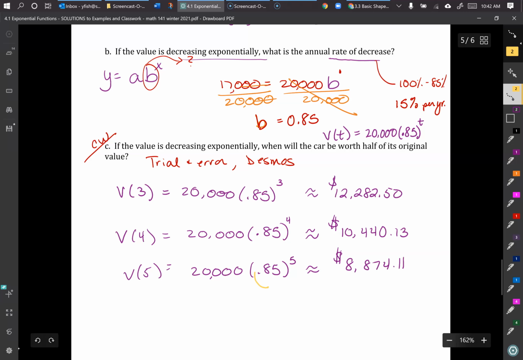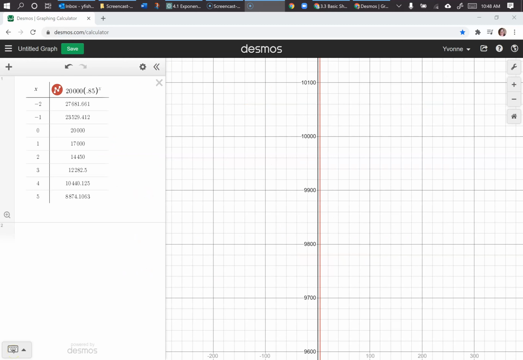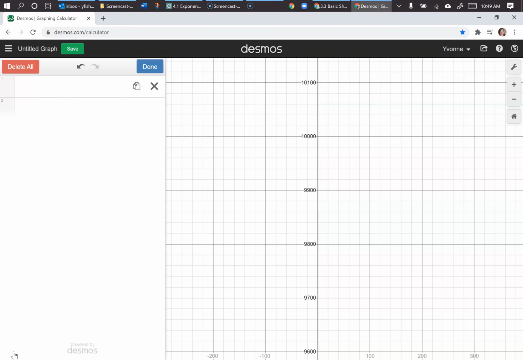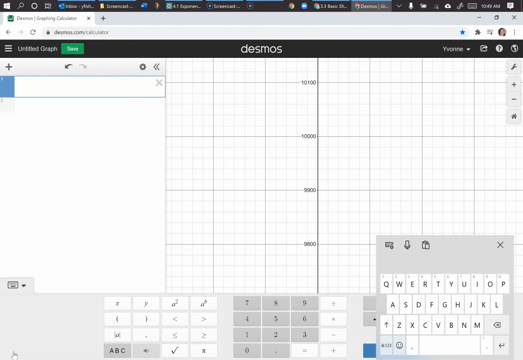When you have a base that's less than 100%, you're going to be decreasing in value there, especially because we just have a normal exponential pattern. Okay, so I put the equation in Desmos, and then I actually use the table function here. So you can use this, here, I'll just redo it so you can see, but you just go ahead and type in your function,